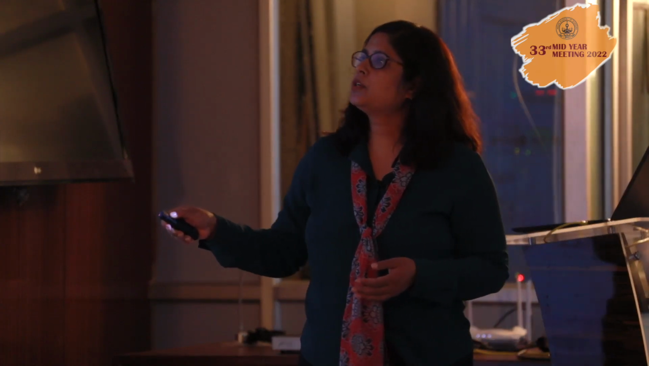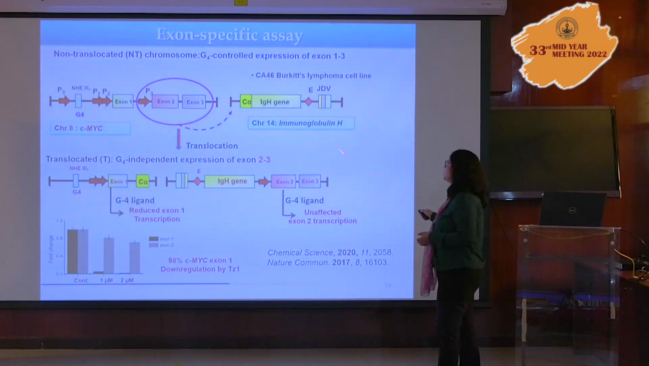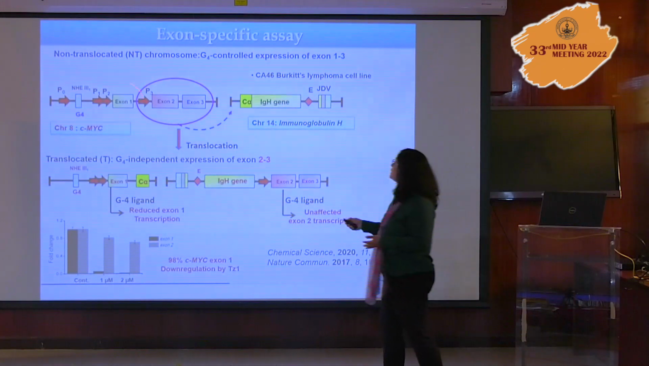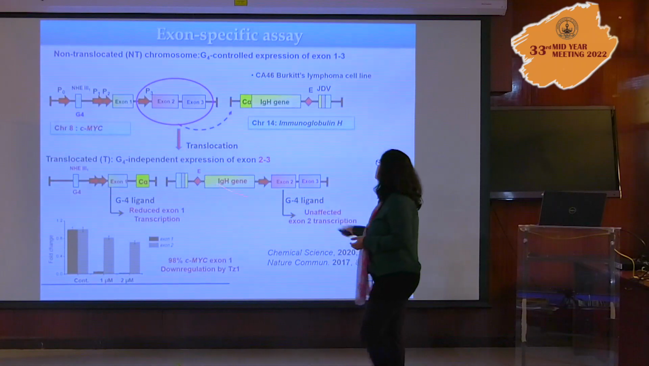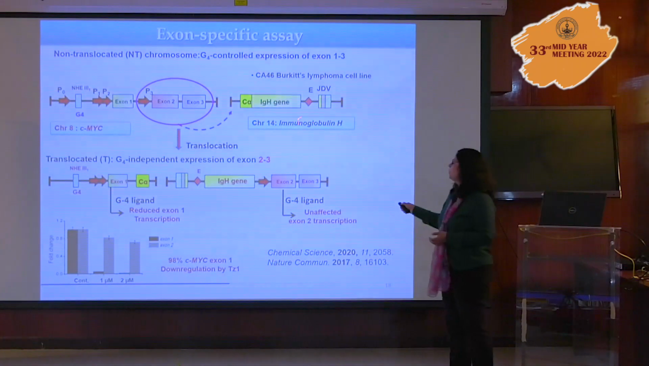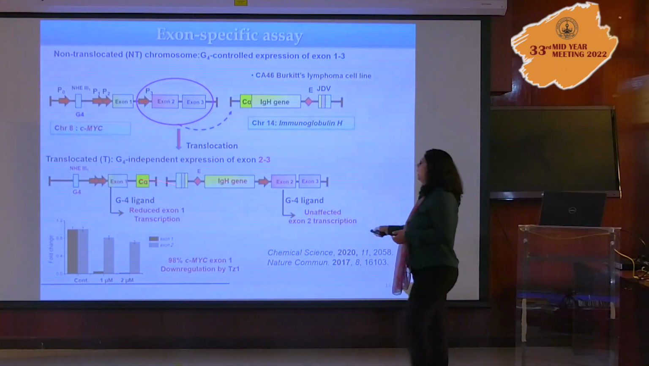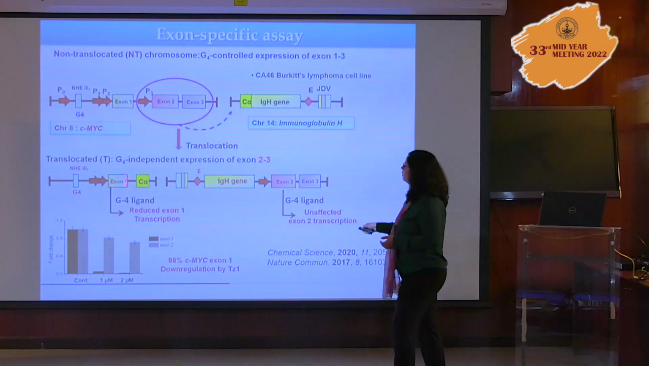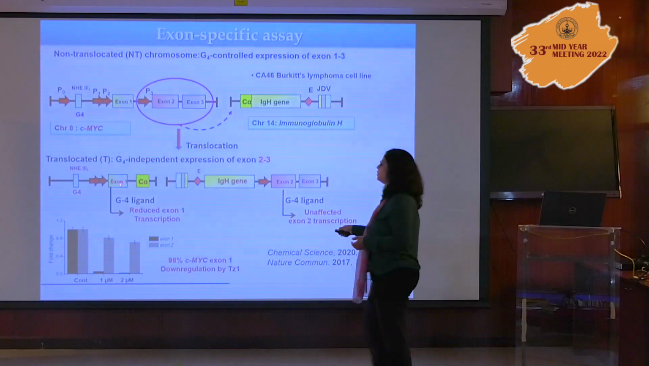In this assay we have taken a CA46 Burkitt's lymphoma cell line. There is a translocation between c-MYC gene of chromosome 8 and immunoglobulin gene of chromosome 14, and due to this translocation exon 2 is translocated to the immunoglobulin gene, and therefore the exon 2 is not present in the c-MYC gene. A G quadruplex ligand would only reduce the exon 1 transcription without affecting the exon 2 expression, and our results